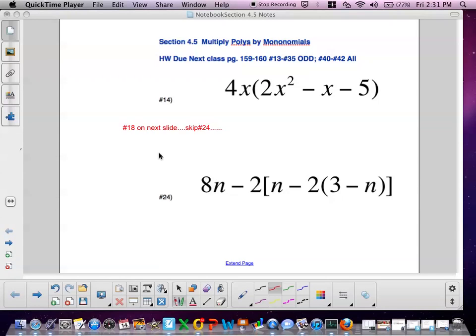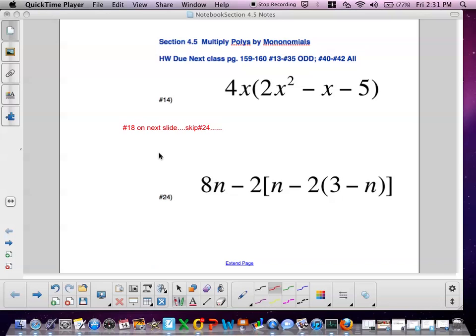Okay, on Friday in class we took the quiz and we didn't have time to go over the next lesson, section 4.5. Now we will be multiplying or distributing a term with a variable into a polynomial with variables also. And now that we know how to deal with exponents, this should be easy to do. So number 14 on your notebook paper handout, simply multiply each term in the parentheses by the 4x on the